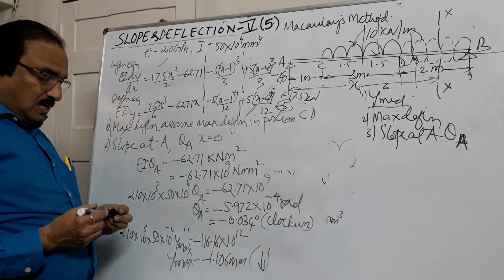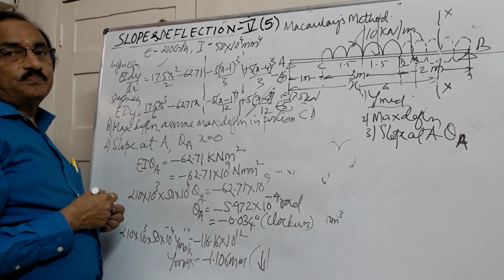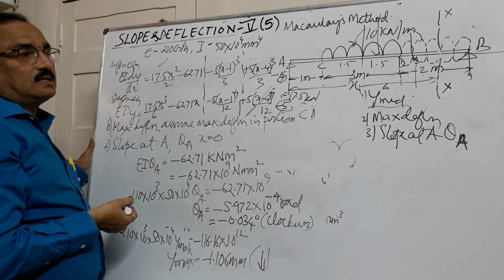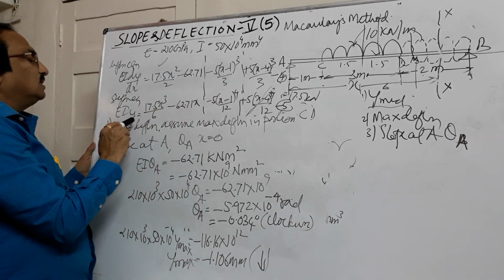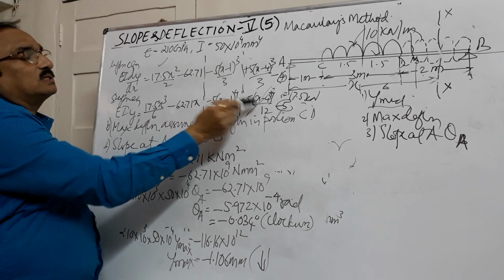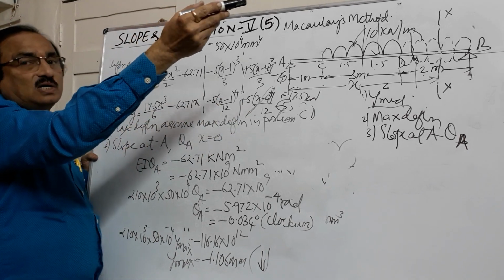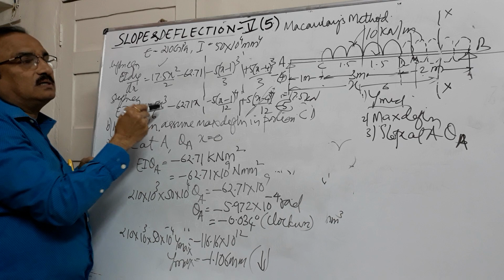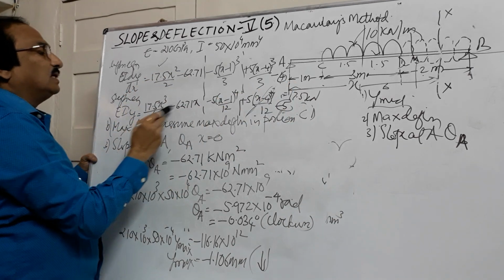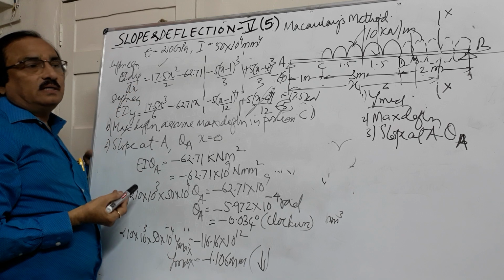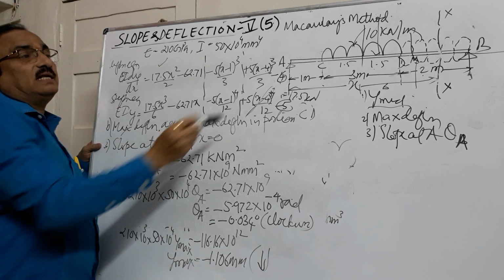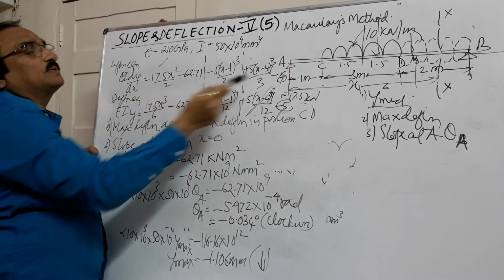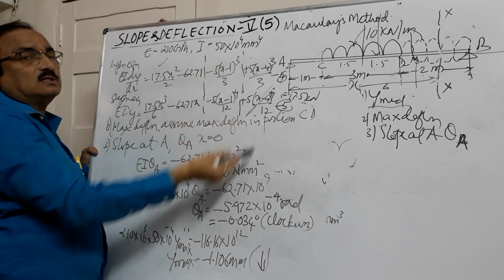Like this, I can ask for the deflection at B also. What is the slope at B? What is the distance x at B? x will be 6 meters. So in this equation, if you substitute x equal to 6 meters, you will get the rotation at B. Suppose I want to know the rotation at C. In this equation, substitute x equal to 1 meter, and you get the slope at C. If I want to know the deflection at C, then in the deflection equation you substitute x equal to 1 meter.